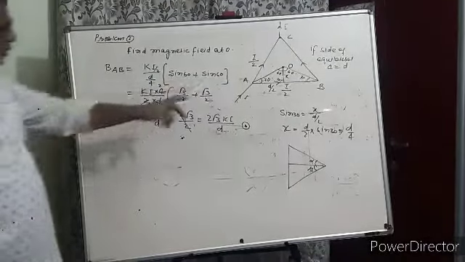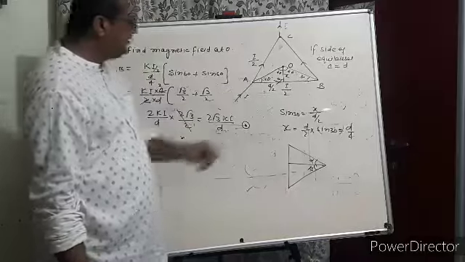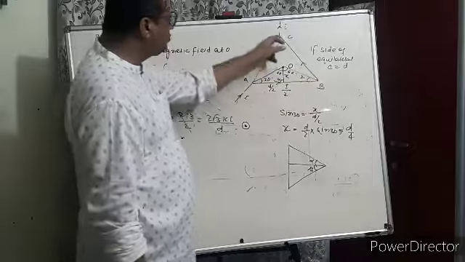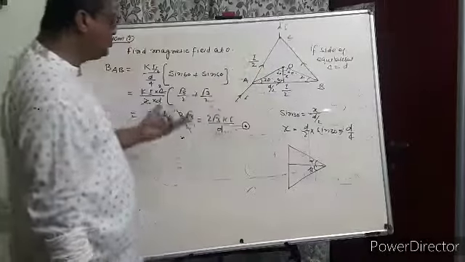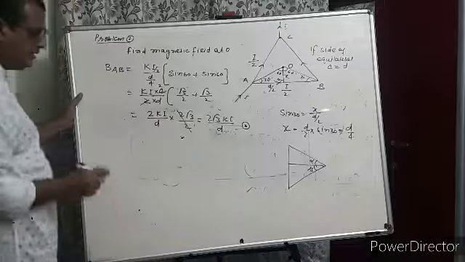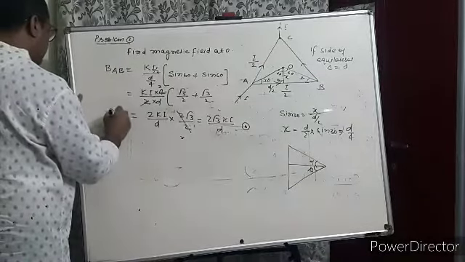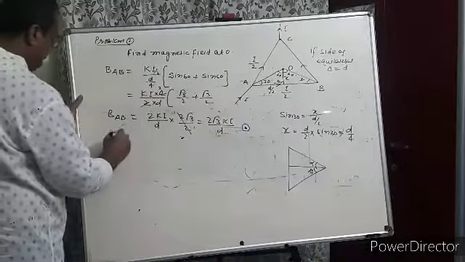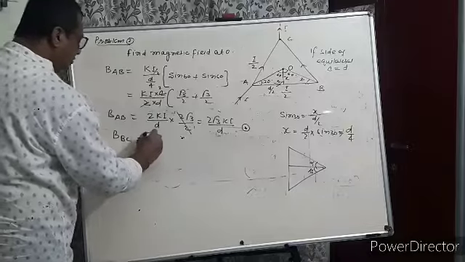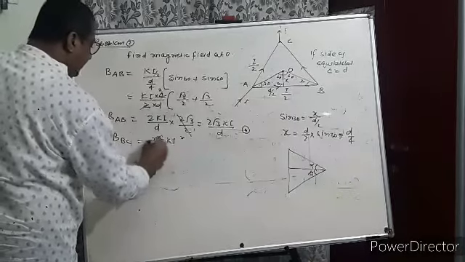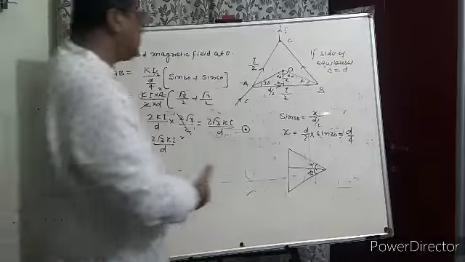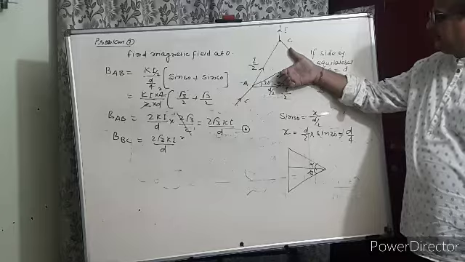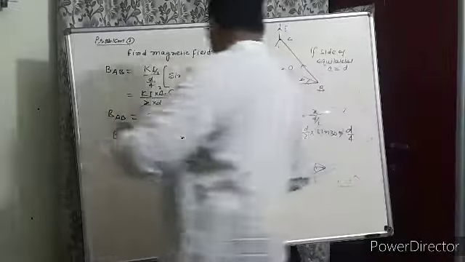I think that for each wire BC, AC, because all are equilateral triangles, here I by 2 current is going, here is also I by 2, here is also I by 2. So the same magnitude of magnetic field will be calculated, but direction will change. Next, magnetic field due to BC is equal to 2 root 3 K I by d. This is the direction of current. Here magnetic field is outward. So this will also be outward.